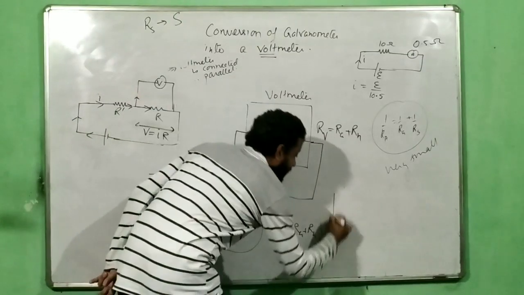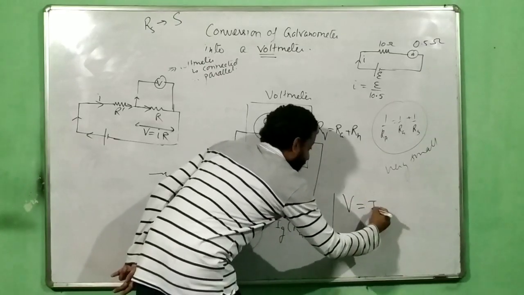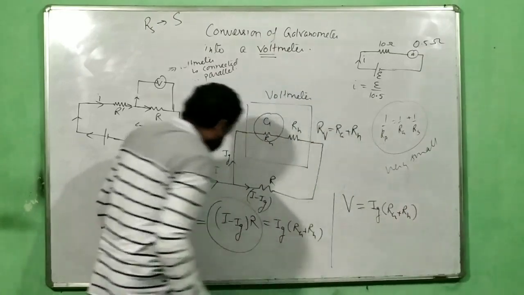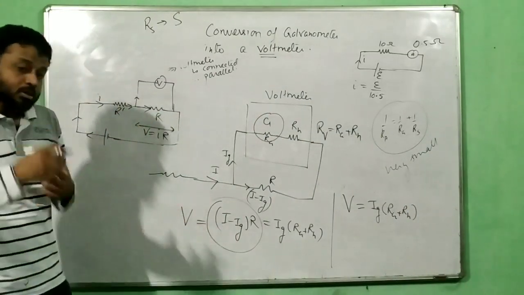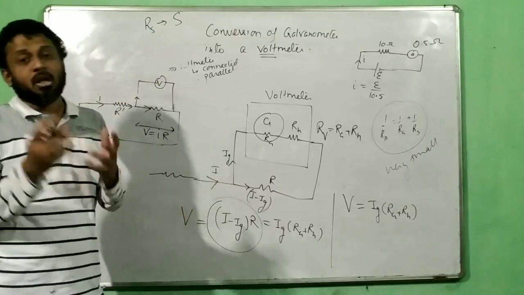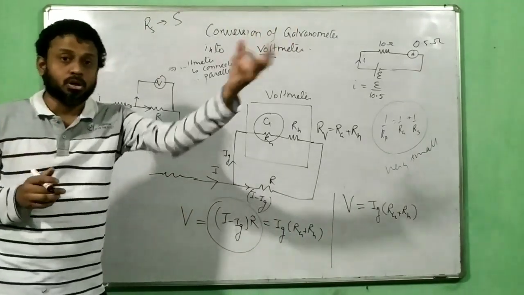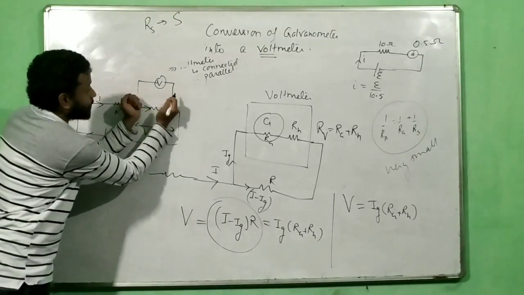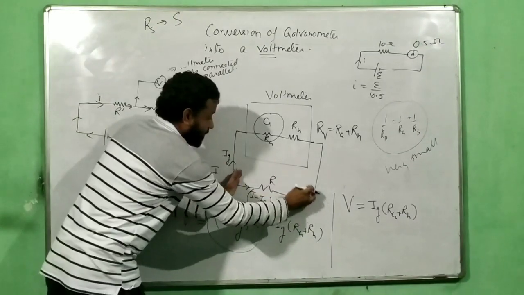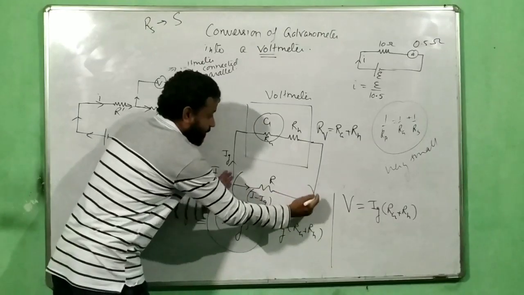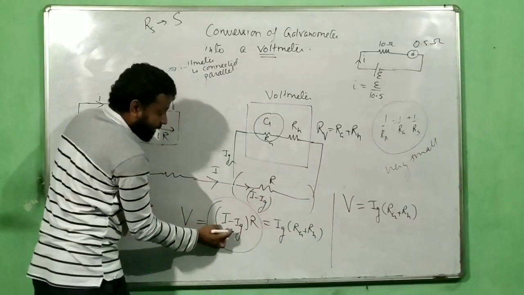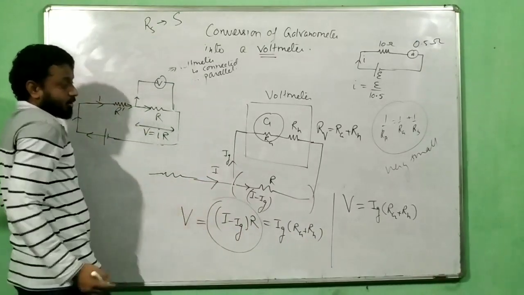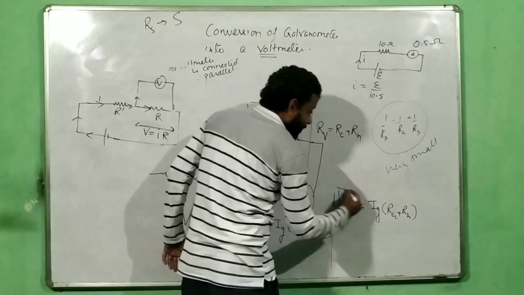So the whole formula is V is equal to Ig times Rg plus Rh. Now why I am writing this term as V? Because that's how our intention was. Suppose I want to convert a galvanometer from 0 to 10 volt. That means maximum should be 10 volt. That means this should give you a measurement of how much? This should give a measurement of 10 volt. So that is nothing but I minus Ig into R. So that is equal to 10 volt. So we directly put the data over here, so that we can calculate for Rh.